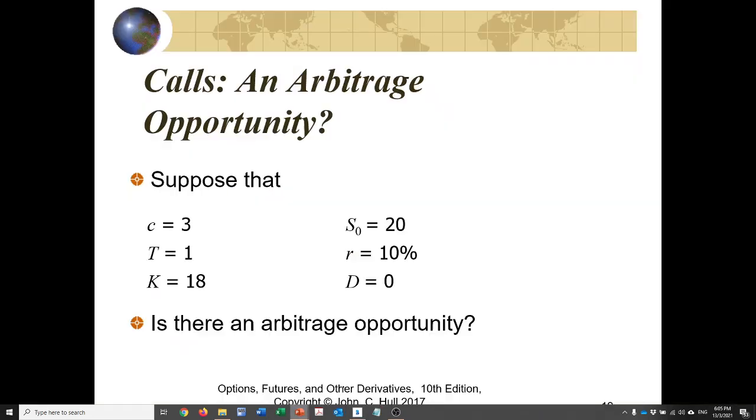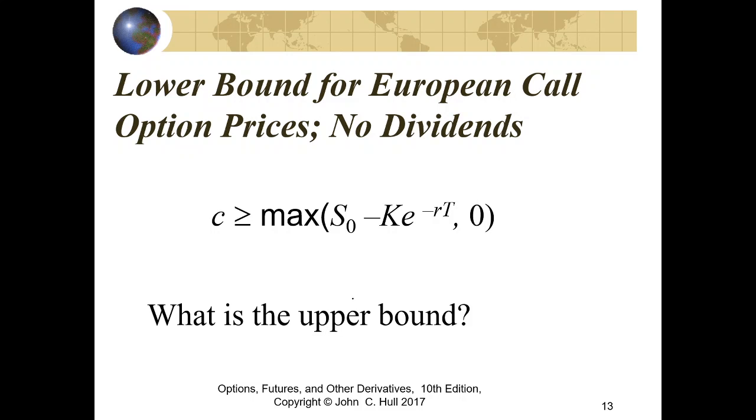Now, it turns out that for options, there are a lower bound and an upper bound. Why can't we say that if the price of the option is different from a certain price, then there is an arbitrage? Well,